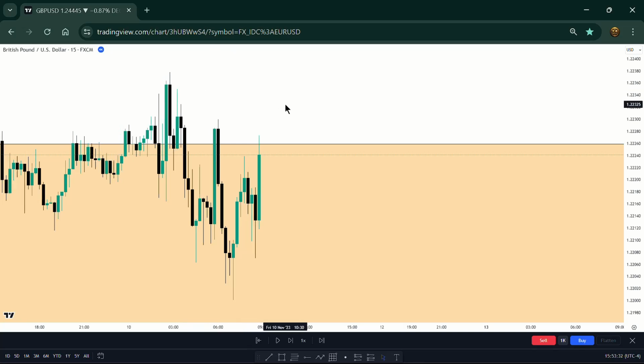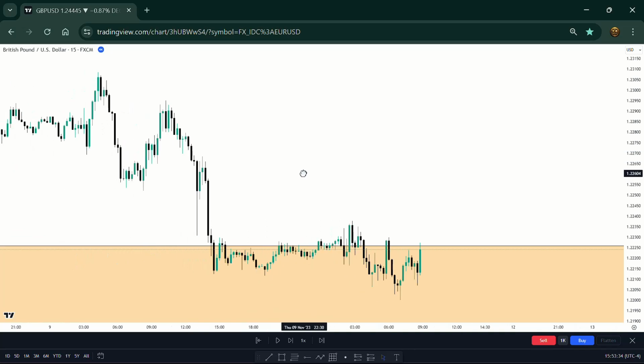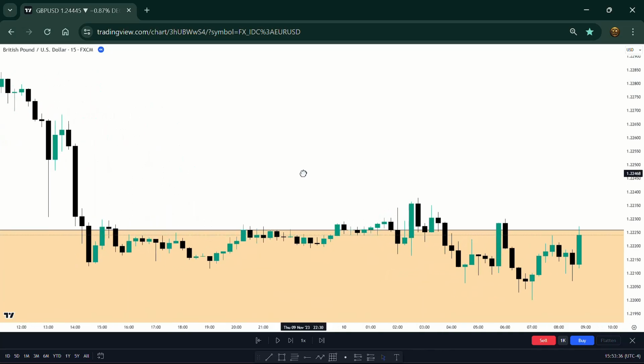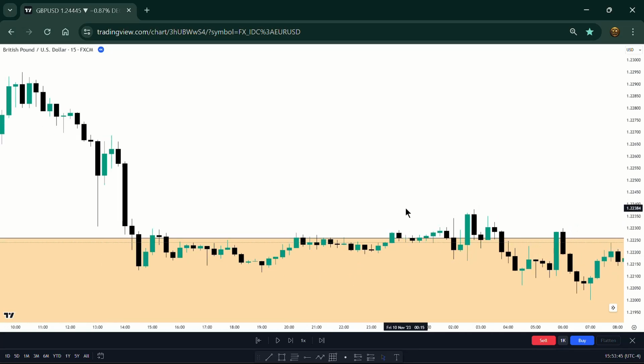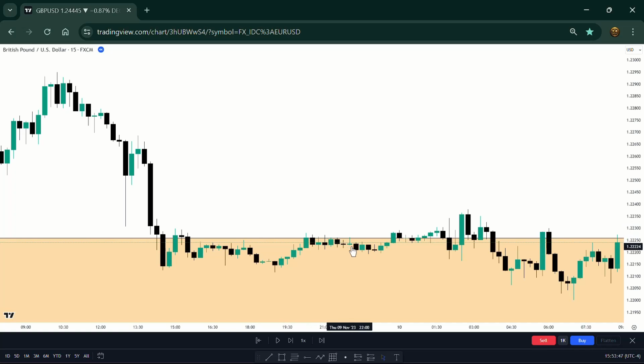Okay, under the 15-minute chart here, we are still looking for buy setups. So the market made this pullback here. Okay, so this is the low. I can't see clearly where the, okay, yeah. So the market made this pullback here